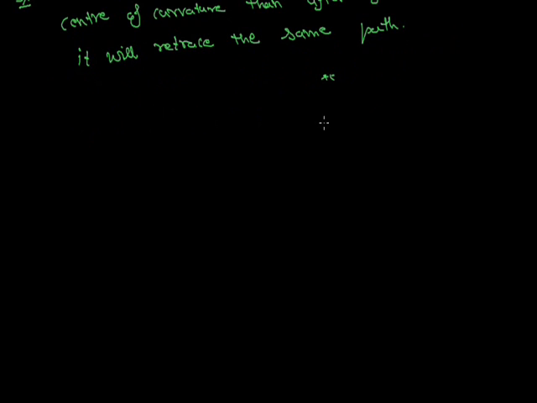Now look at this. Let us suppose this is a concave mirror and this is the principal axis. This is focus and this is center of curvature. Now a ray is passed through center of curvature and incident on this reflecting surface at this point, and after reflection, means after incident in this way and after reflection, it will retrace the same path, means it will reflect back in the same direction.